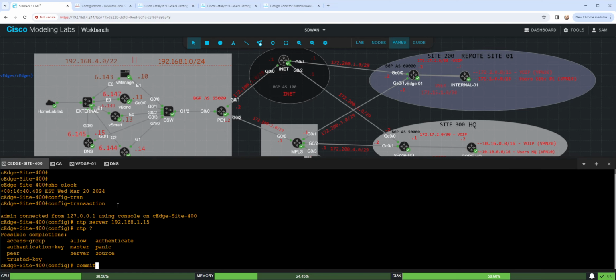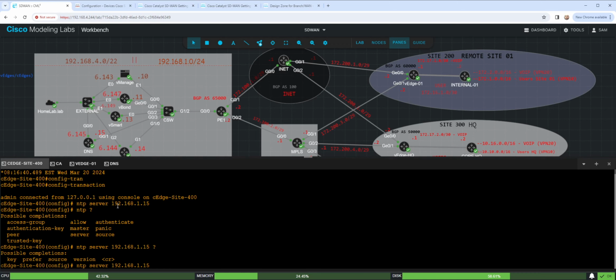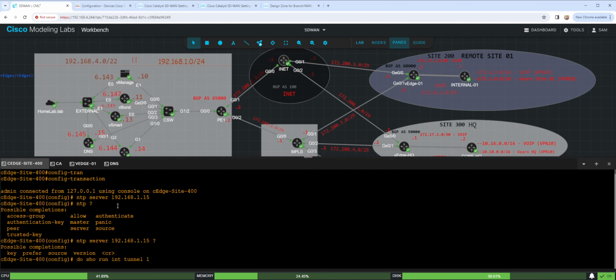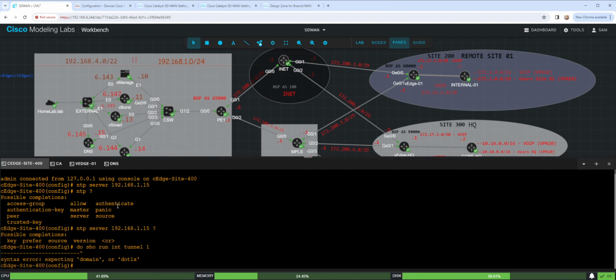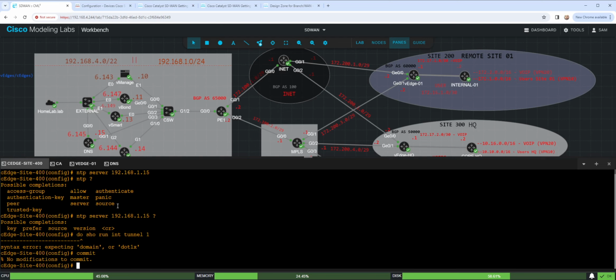I think I was supposed to do this on one command here, because after the IP address, you can do source, and the source will be a tunnel interface. Let me see what my tunnel interface is. Tunnel 1, I do believe it was tunnel 1. No, it doesn't like that. Let's commit first, and then